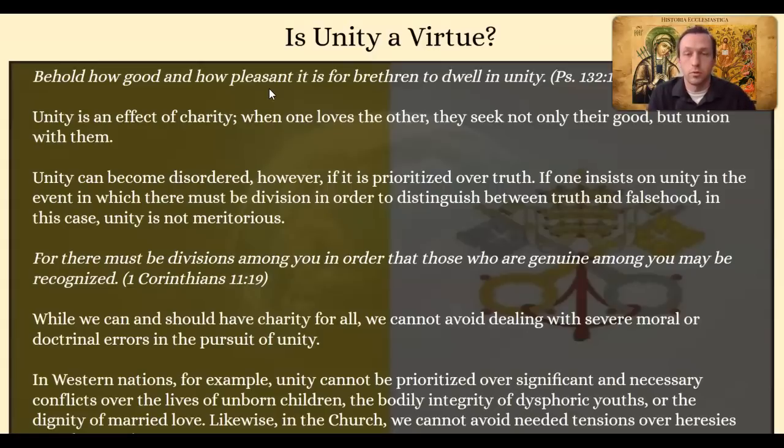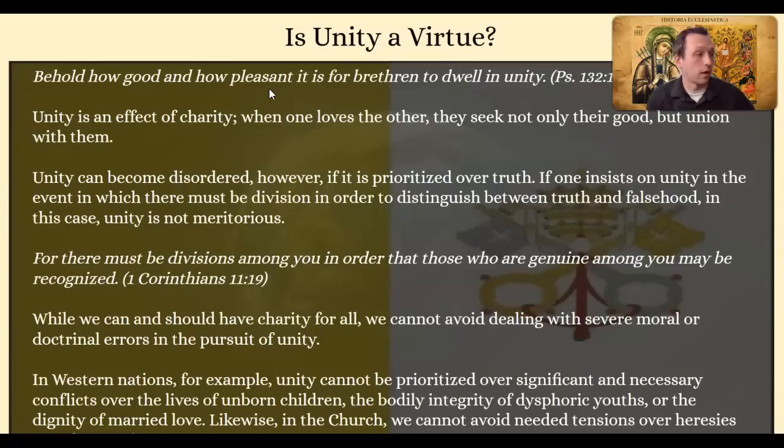If there are people who vehemently endorse and encourage robbing the unborn children of their right to life, or if there are people that are vehemently advocating for destroying the bodies of gender dysphoric youths, or if there are people that are vehemently advocating to upend the dignity of authentic marriage, we can't have unity with those people where we just gloss over those differences. We have to be willing to say, I can't go there. You're wrong about all these things. And we need to have a peaceful conflict over these things,